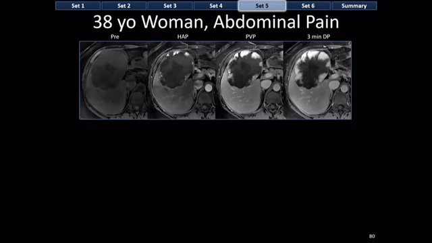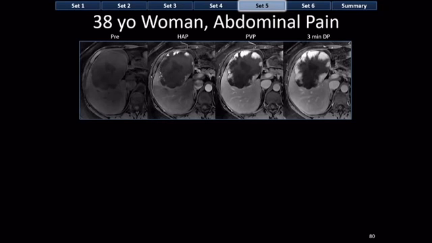So here's a 38-year-old woman with abdominal pain, and she has a lesion in the liver with these globules of enhancement along the periphery that expand in the portal venous phase, expand even further on 3 minutes. Notice that these expanding globules of enhancement match the blood pool, the aorta and the portal vein, and the IVC, and the degree of enhancement at all phases. So at this point, we can make the diagnosis of a hemangioma, but this was such a cool case,